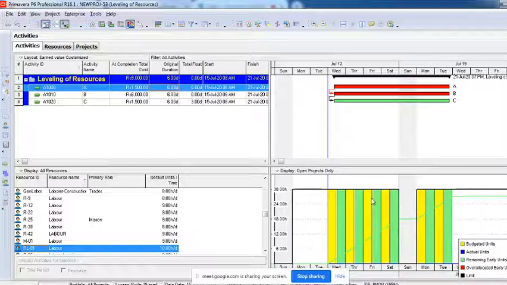And for analyzing this, you need two very important things: the resource usage spreadsheet and the resource usage profile. The resource usage profile will tell you how much over allocated it is, where it is under allocated, where we have to cut and where we have to put it down. There will be a few days which will be over allocated and a few days under allocated also.